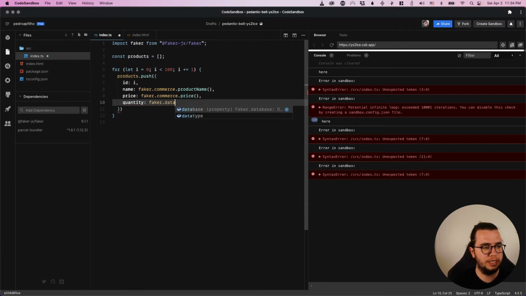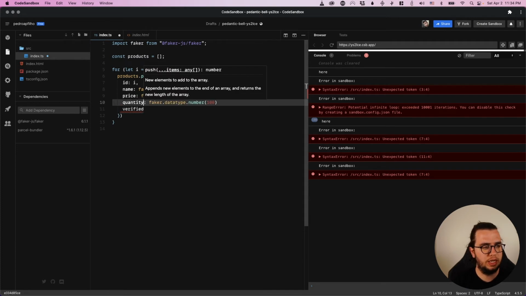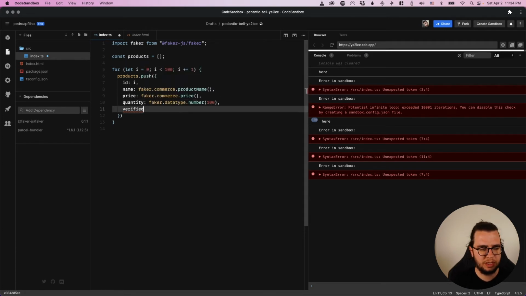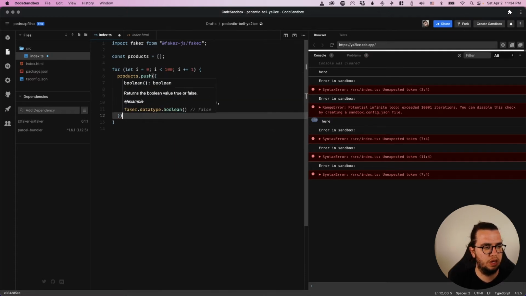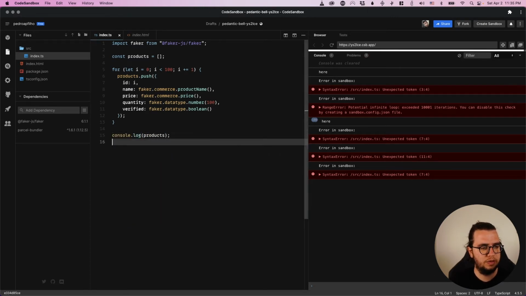So it's a data type with a number that's going to be until the max of 100. And then verified, that is the last parameter, just because I want to filter it sometimes, is faker.datatype.boolean. So if I console log the products now, I'm going to see that I have